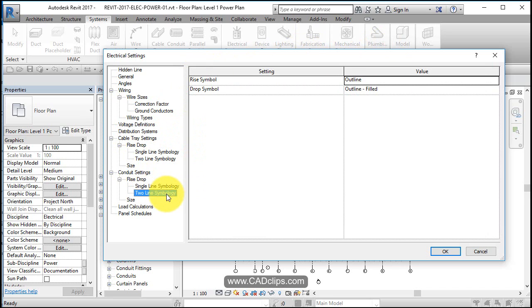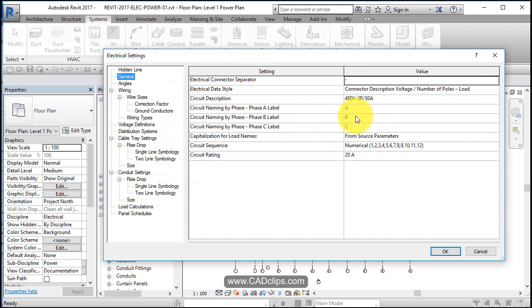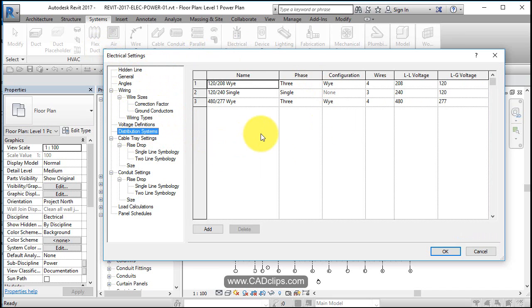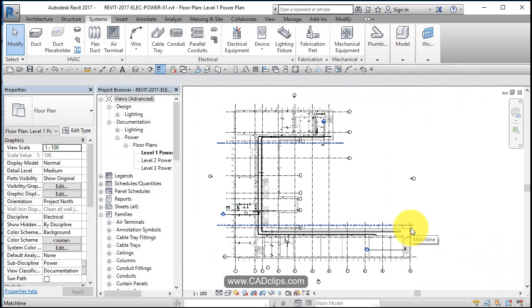and some properties with conduit and some general information in here, symbology and stuff you're going to see. So electrical settings, you should go through these settings, little tick marks and stuff like that, symbology, some voltages and numbers. Big one here, of course, is the distribution system and how you configure that. Or else when you connect stuff, it's just not going to accept it. So electrical settings all have to be done, as I say in the beginning of all of our different MEP